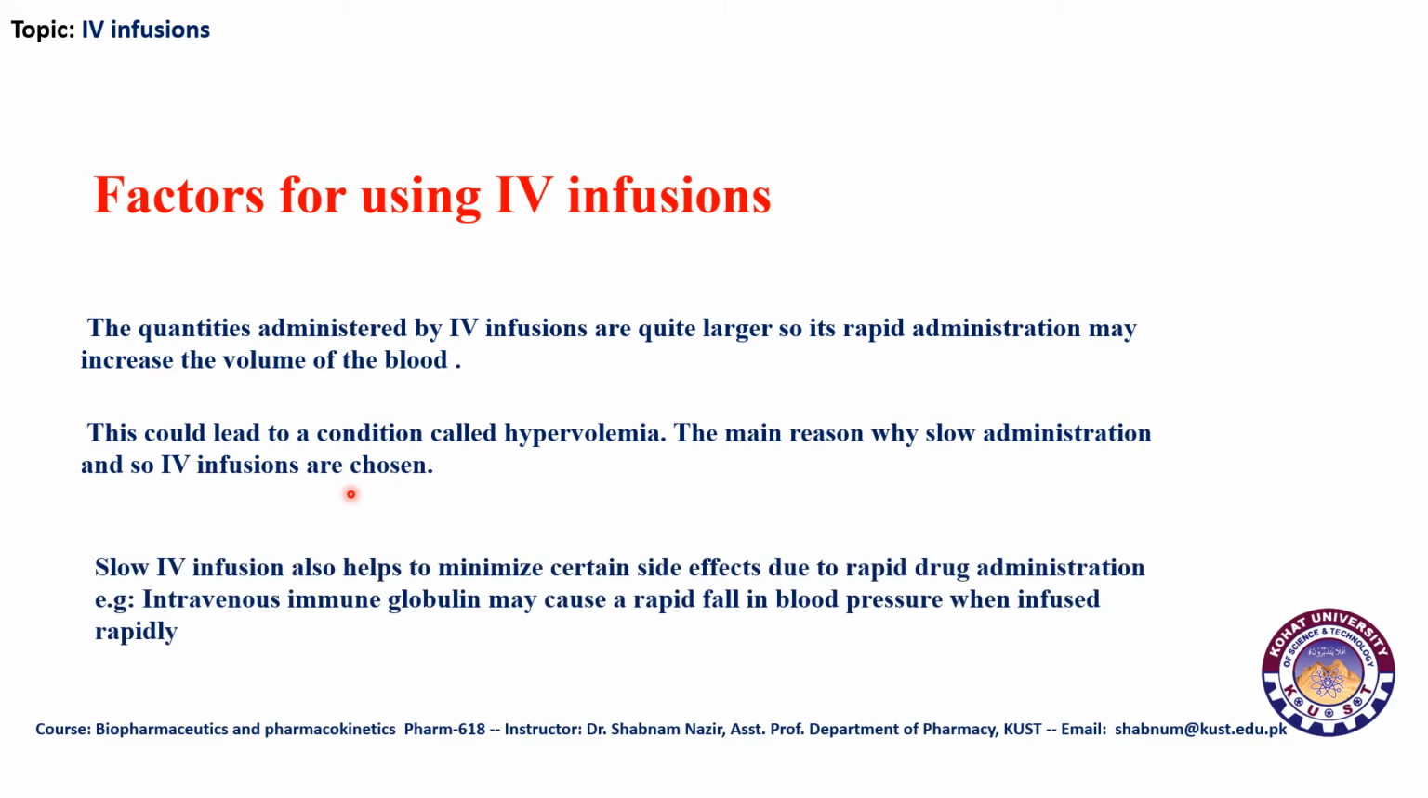Slow intravenous infusion also helps to minimize certain side effects due to rapid drug administration. For example, intravenous immune globulin may cause a rapid fall in blood pressure when infused rapidly. So another reason for opting for slow administration, meaning intravenous infusions, is because